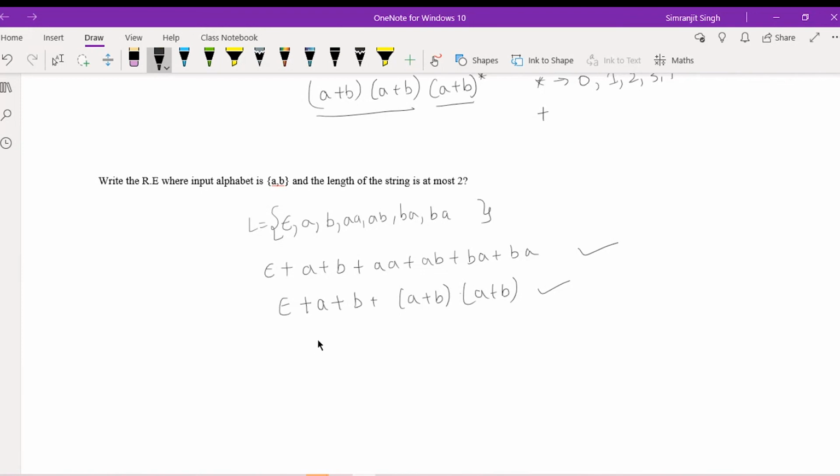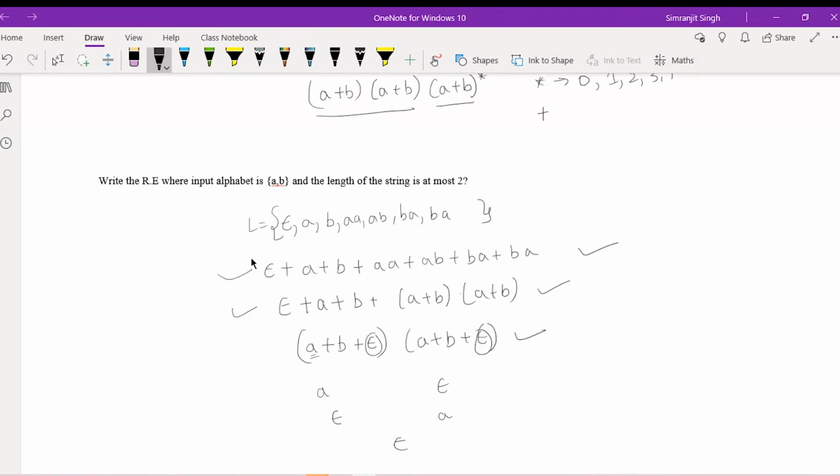If I clean this up, the answer will look like this: a plus b plus epsilon. If you want a one length string, you can go with a from here and epsilon from here, or epsilon from here and a from here. So these are all your possible one length strings. If you want epsilon, epsilon from here and epsilon from here, you will also get epsilon. So this is the cleaner version, but this and this are also true. So don't worry about that. If you are here, this is not wrong. If you are here, this is not wrong.